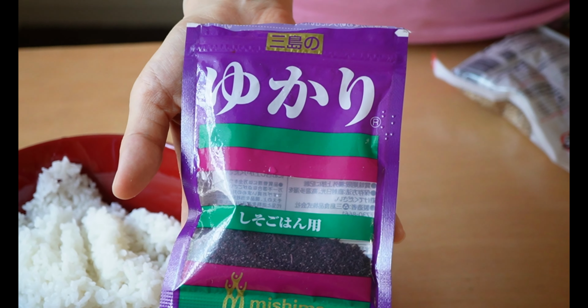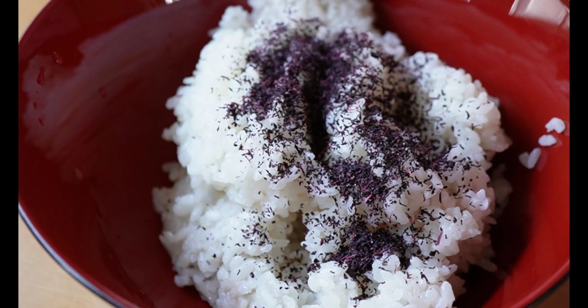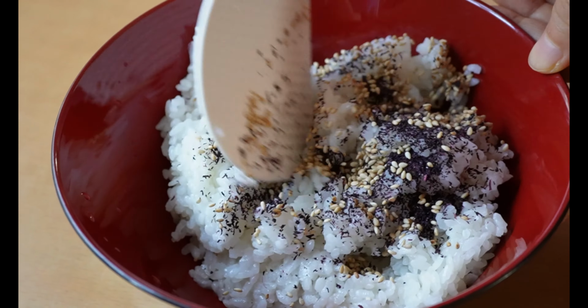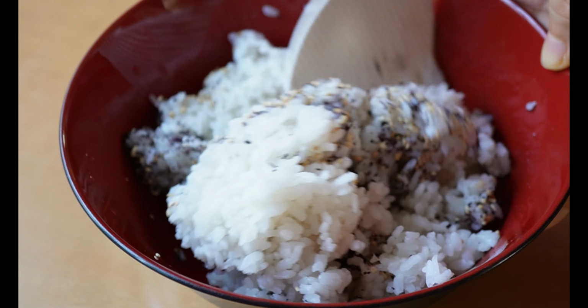Mix steamed rice together with the yukari seasoned powder, which tastes similar to umeboshi. Tangy, salty, and refreshing. Other than rice, you can use it for pasta sauce or dressing. I have a turnip salad recipe using this yukari powder, so let me leave the link for you in the